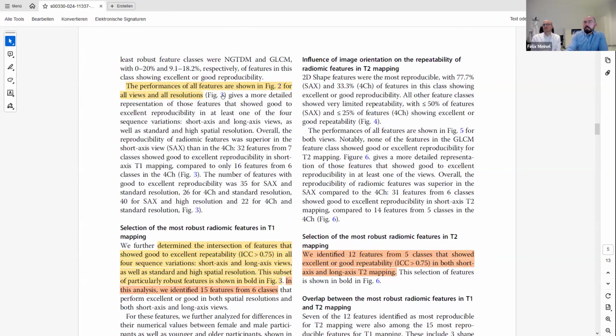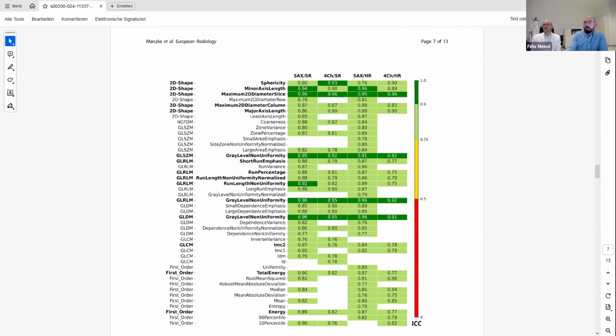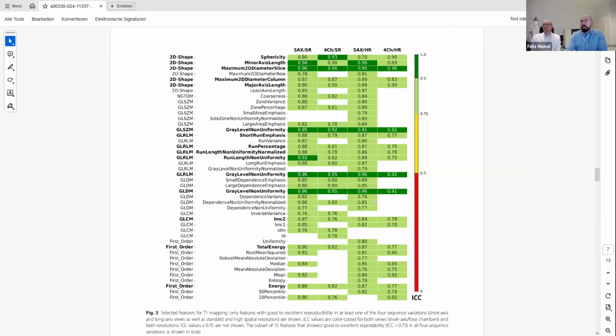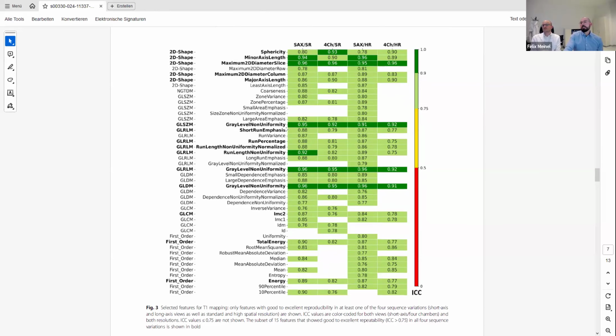Let me see here. That's the more detailed results of our analysis. The features and the feature classes here in bold are those features that performed at least good for all combinations of resolutions and orientations, so that we identified